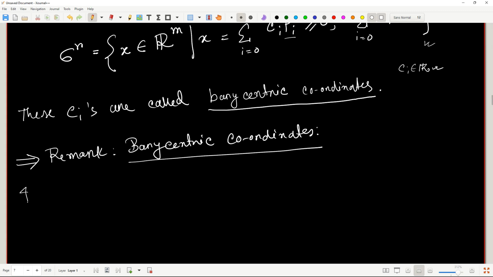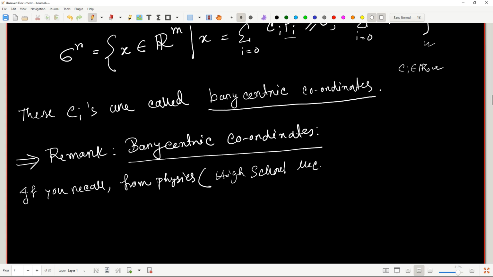So if you recall from physics, high school mechanics, the center of mass, which I'm writing as COM,